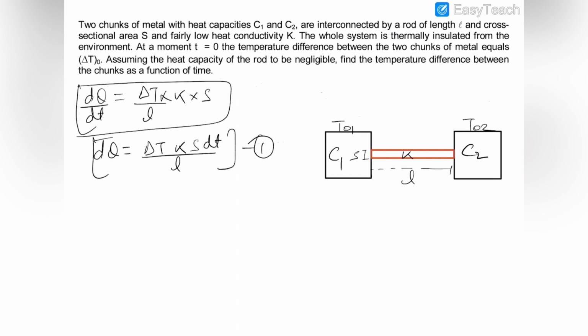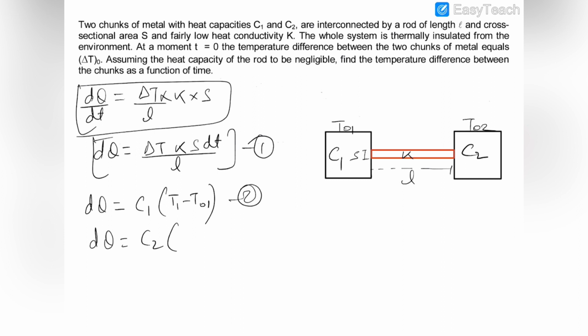Now we know that due to this heat dq, the temperature of this chunk is changing by delta T1. So let's suppose its new temperature is T1 and dq will be equal to C1 delta T. So the new temperature is T1 and the older temperature is T01. Okay, now the same heat dq is being given to this C2. So dq will be equal to C2 into